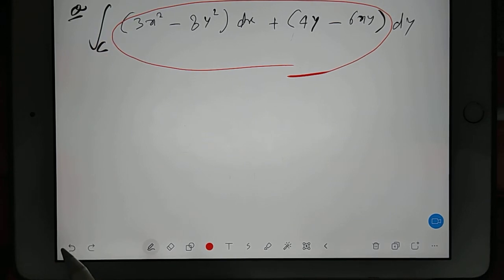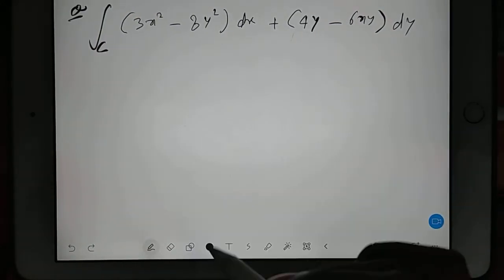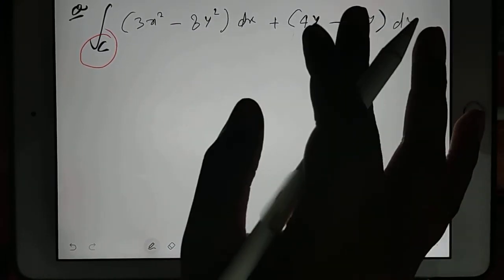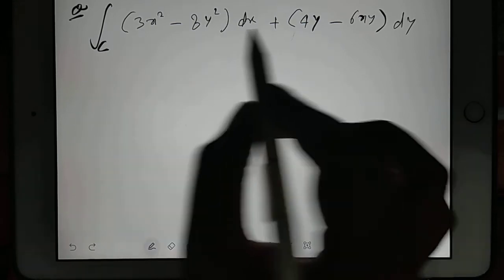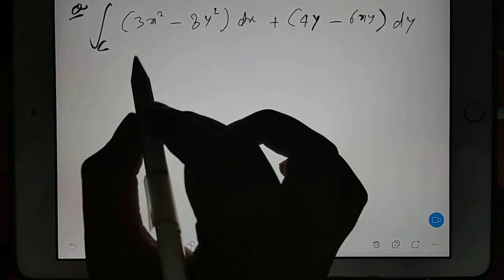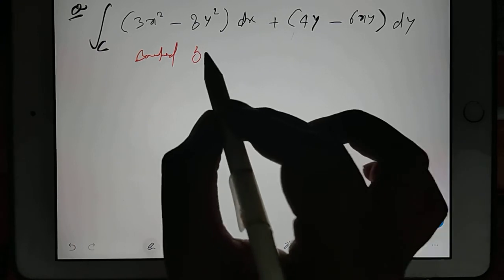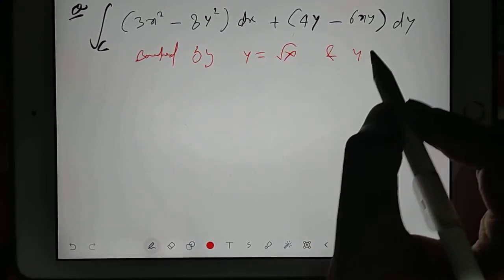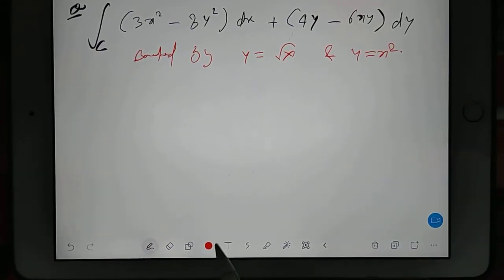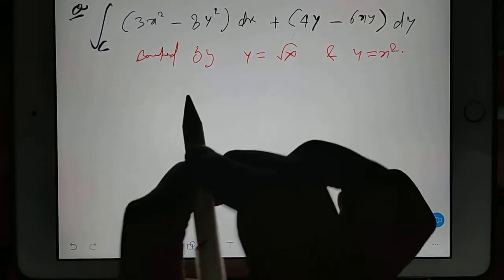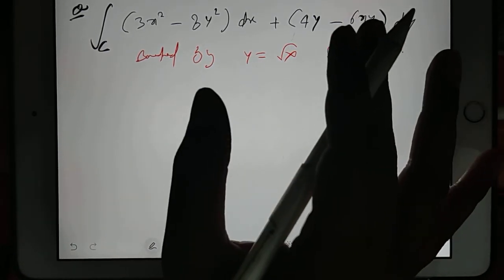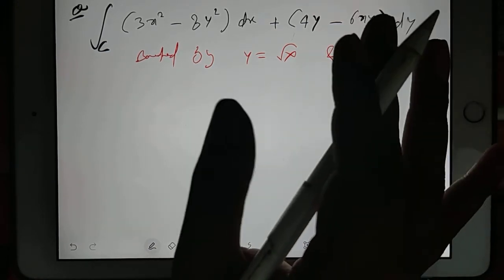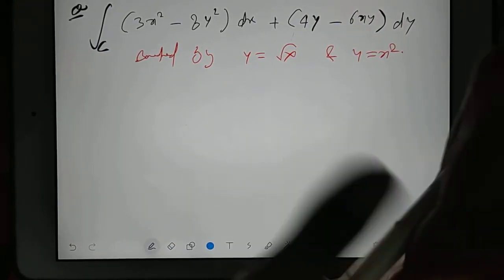So this time they are defining the curve, and they are saying that this time your curve is not a clean curve like a circle or ellipse. It is bounded by two different equations. So take down: bounded by y equals under root x and y equals x². I hope you understand the physical meaning of this. Physical meaning is also very important in mathematics. Sometimes a few ideas we can get and the remaining ideas will be based on your own smartness.